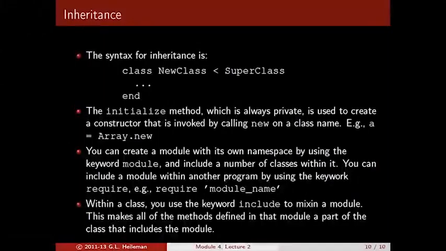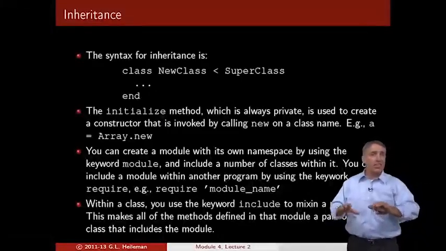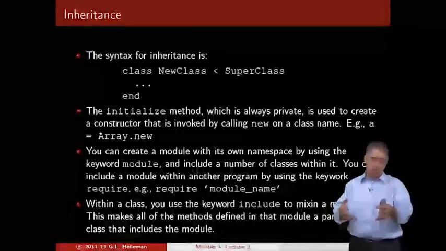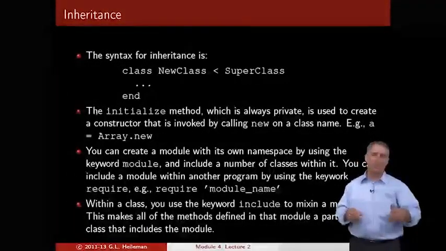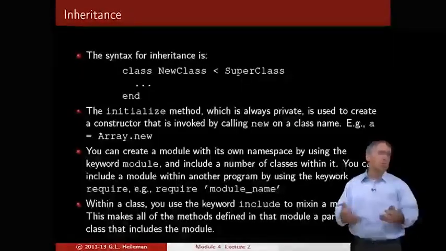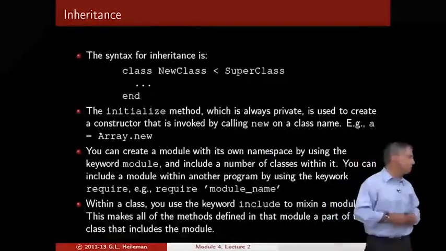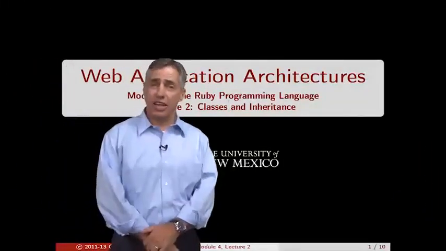Within a class, if you use the keyword include, then you're mixing in a module. What that does is take all of the things that have been defined in that module and make it a part of that class. And so this is this notion of a mix-in. So if you do include inside of a class for a bunch of different modules, this is how you can effectively achieve multiple inheritance if you really need it. This completes the second lecture in